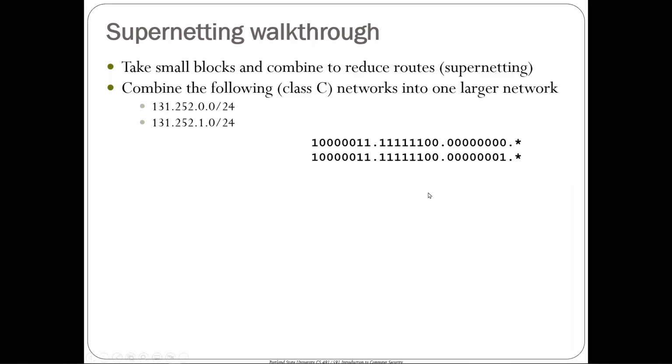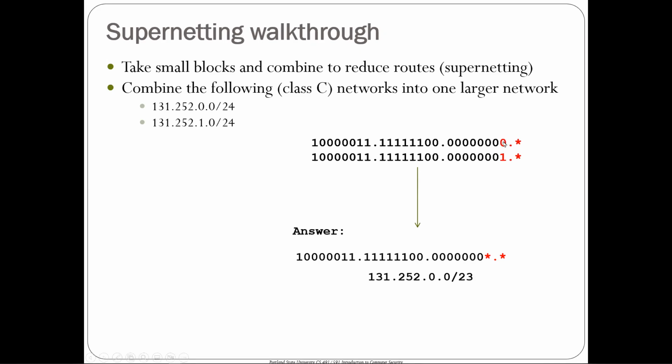And so those host parts I represent as stars. If you look at these two prefixes, you can see if you wanted to aggregate these two together, they're well aligned because that next bit can be either a 0 or a 1. So you could specify as part of this that I want to combine these two things and then create a larger network where it's